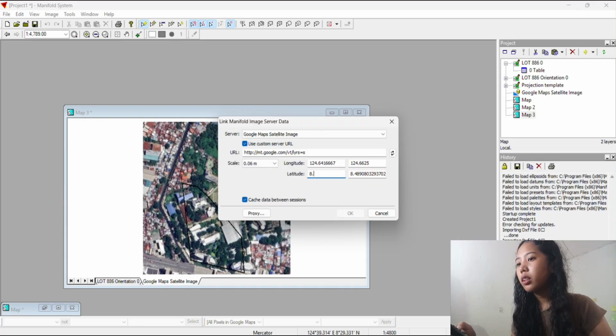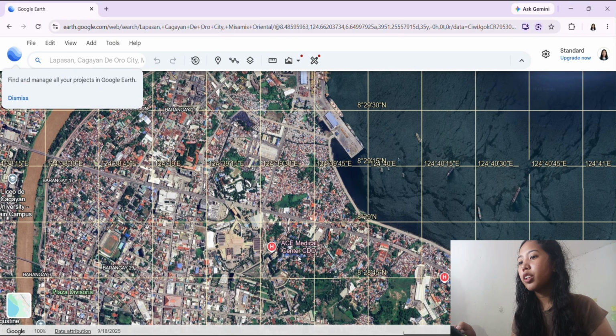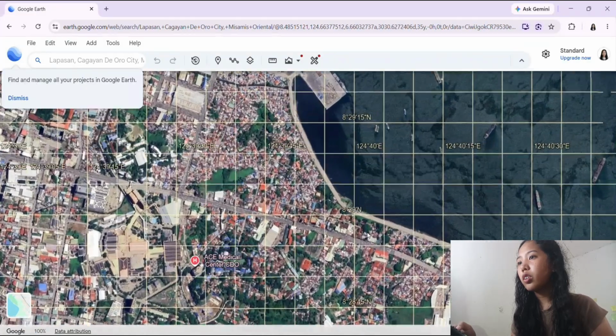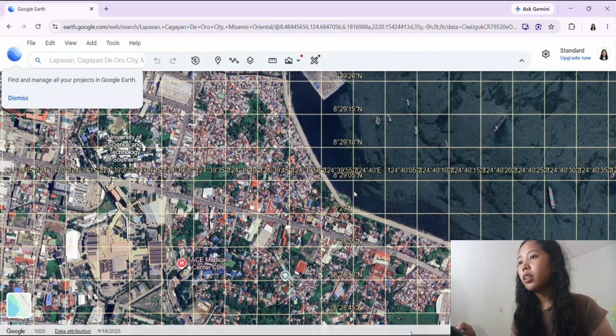Go to File, Link, Image, then select Manifold Image Server, then select Google Maps Satellite Image, select, check the custom server URL.